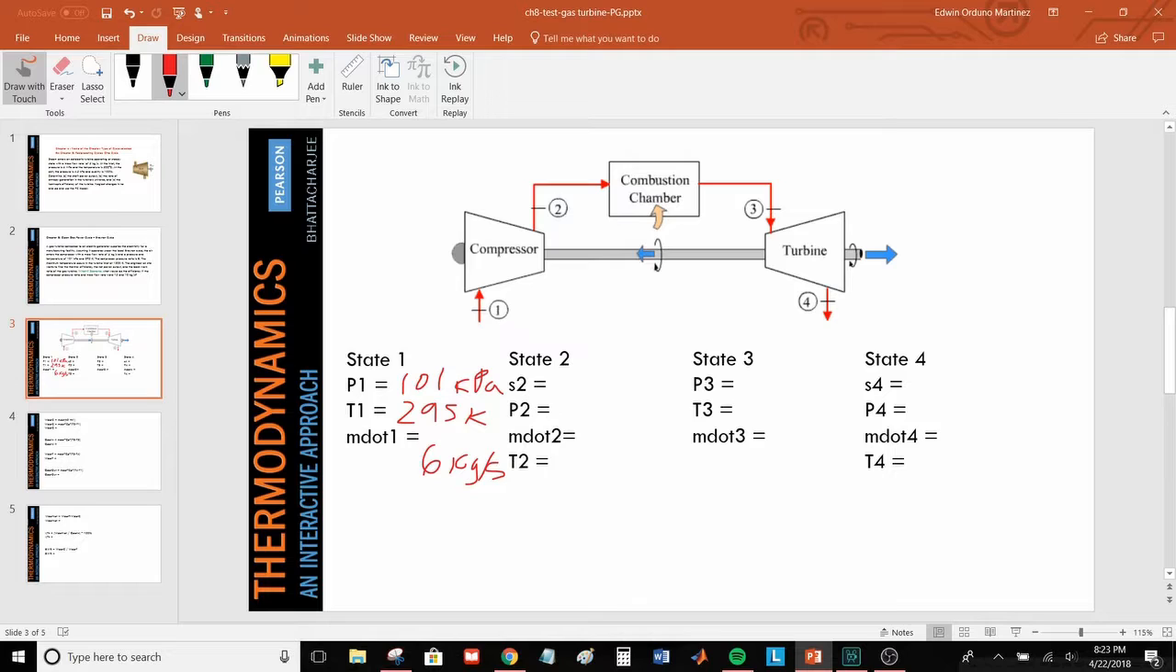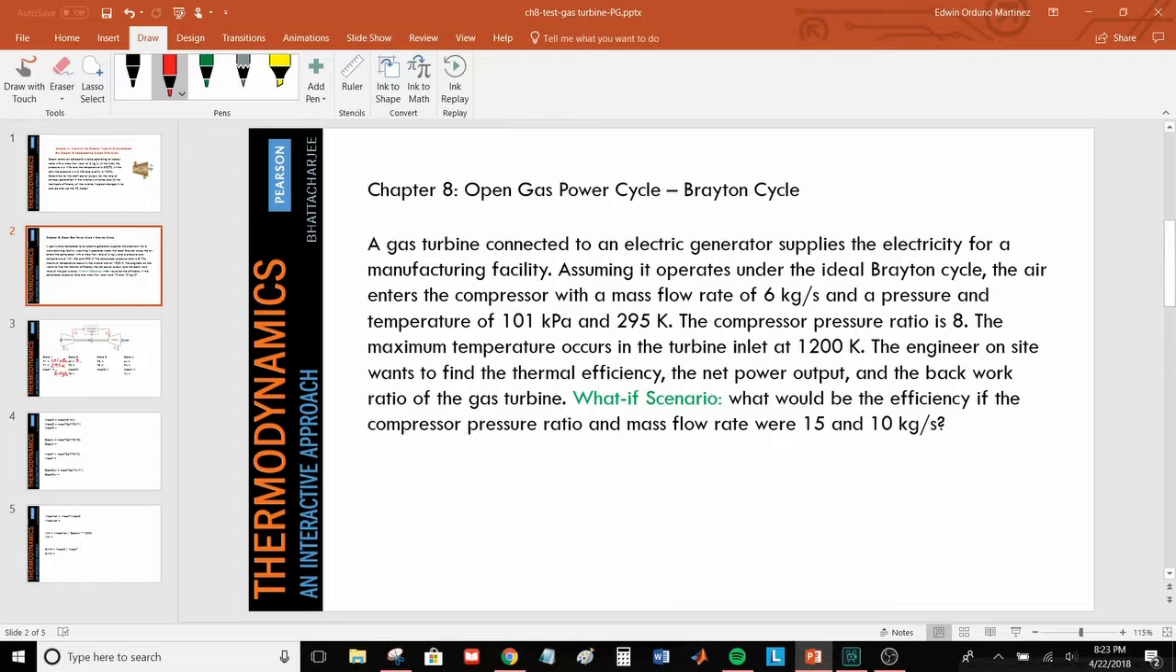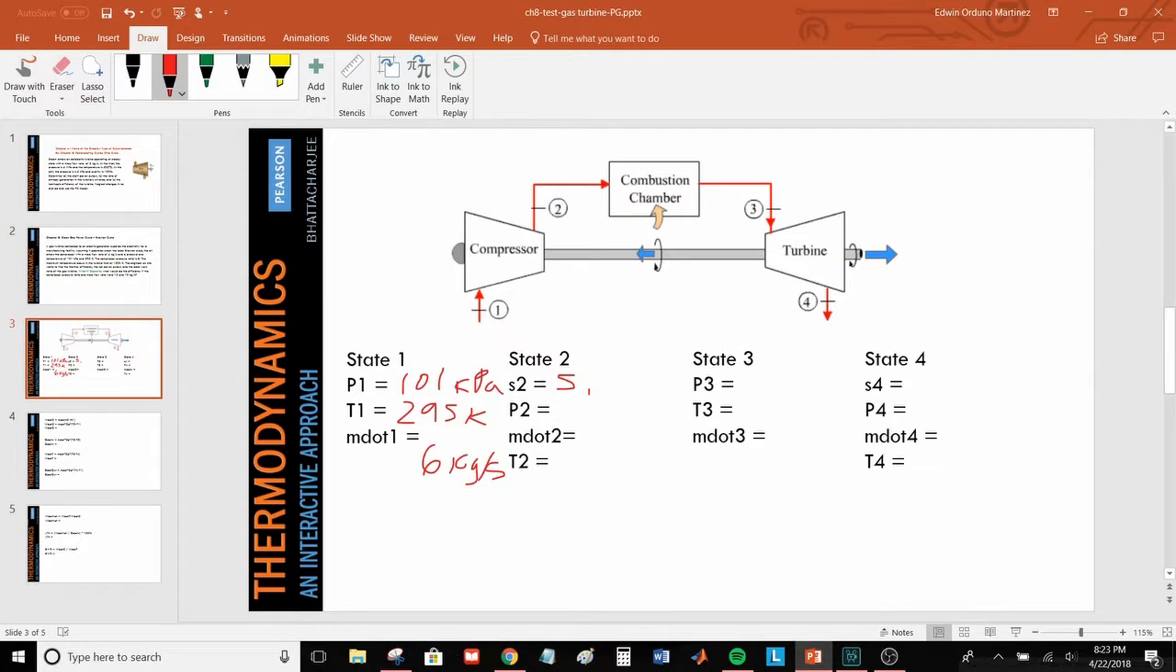Now state 2 is after the compression, and this is considered an isentropic compression, which means the entropy at state 2 is the same as the entropy in state 1. The compressor pressure ratio is given as 8, so pressure 2 is 8 times the pressure in the first state. Mass flow rate remains the same